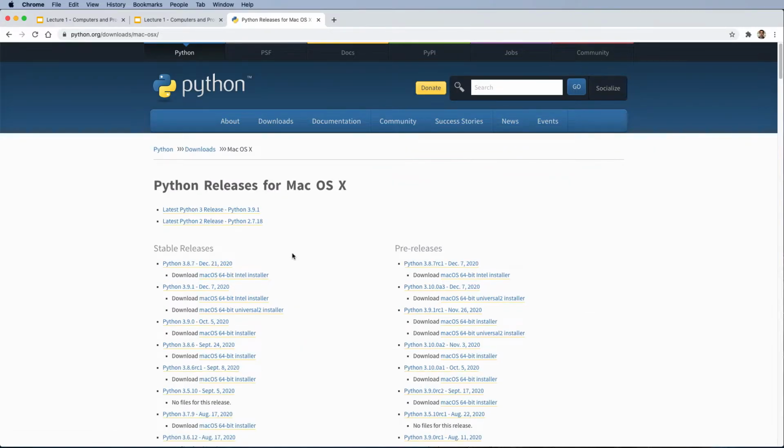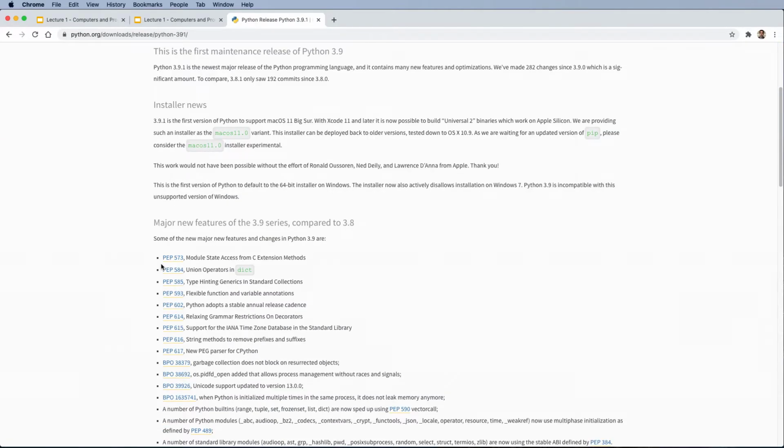Here I can see all of the Python releases. So as you can see, the latest Python version is Python 3.9.1. You can install this or one of the versions of 3.8. So I'm going to click on this, and I'm going to scroll down